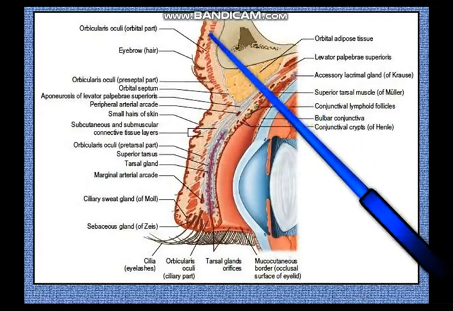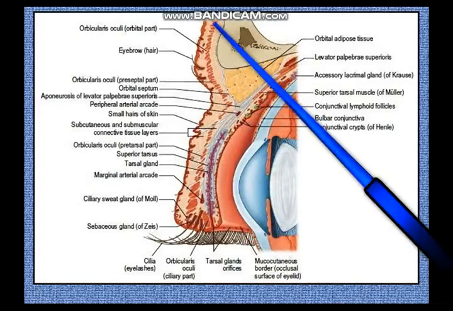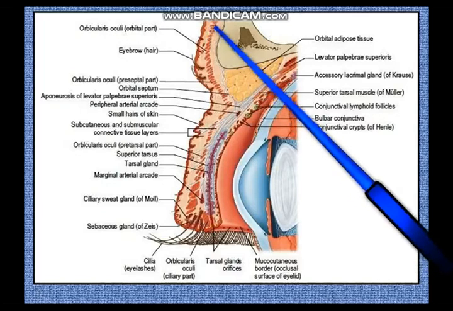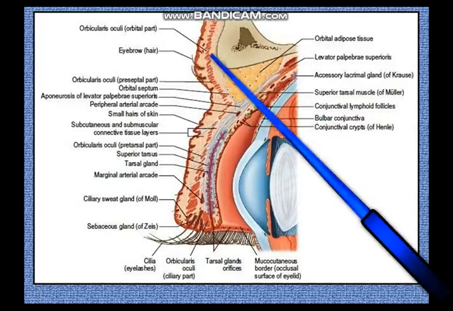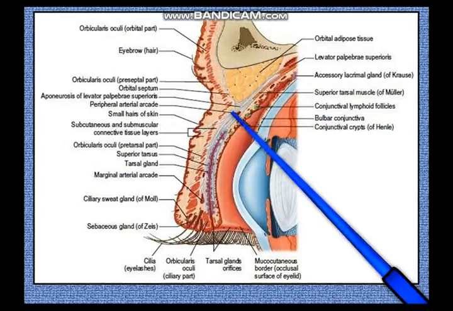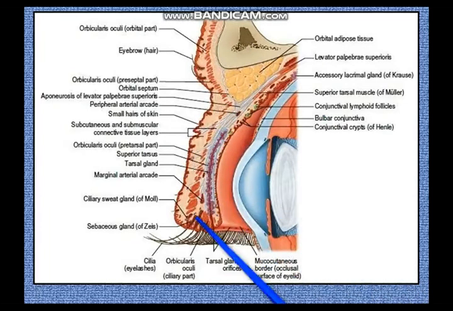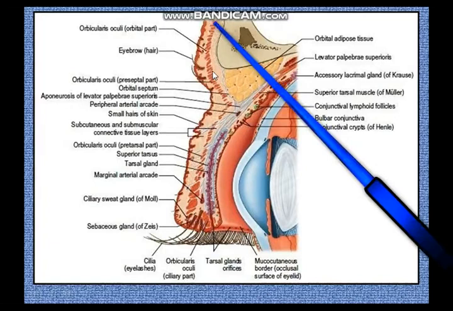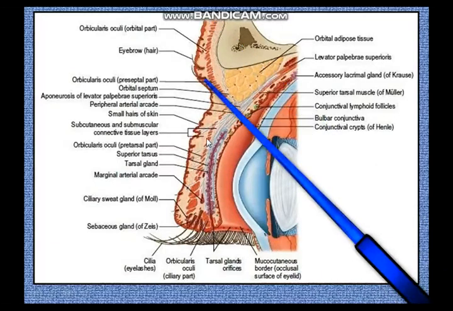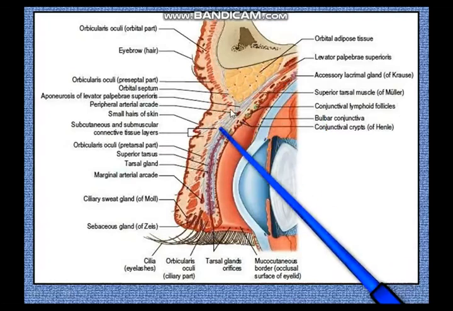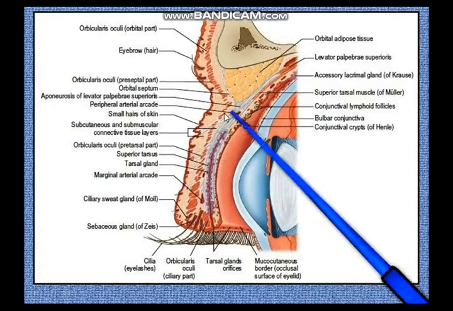So orbicularis oculi, you know from the studies of the face that they encircle the bony orbit and they rise up into the forehead. So this is the orbital part of the orbicularis oculi. Then over here you have the pretarsal part of the orbicularis oculi, and coming down you have the ciliary part. Orbicularis oculi has started from high up in the orbital heights. So this entire layer is the orbicularis oculi, and below the orbicularis oculi you have a thin layer of submuscular